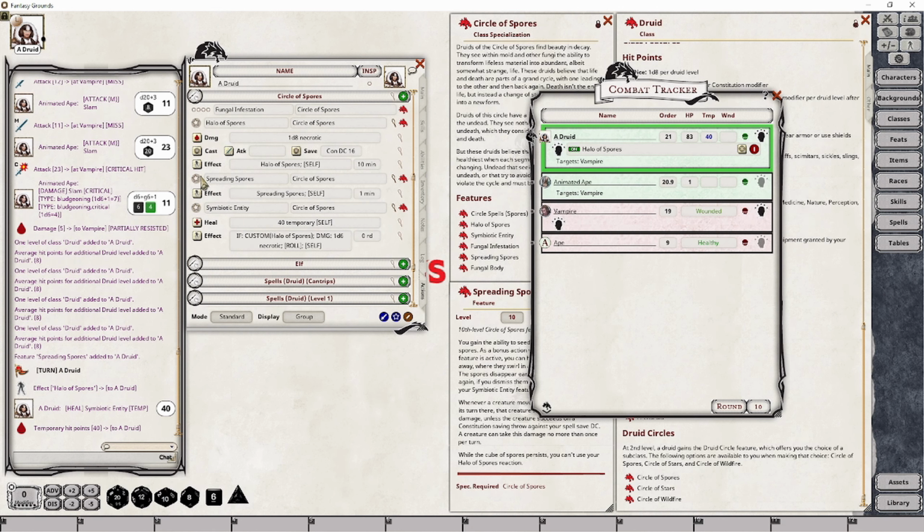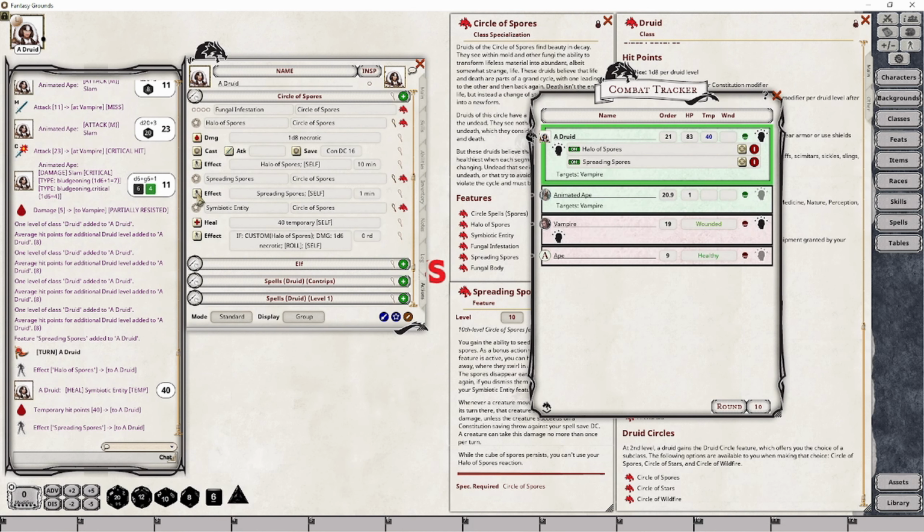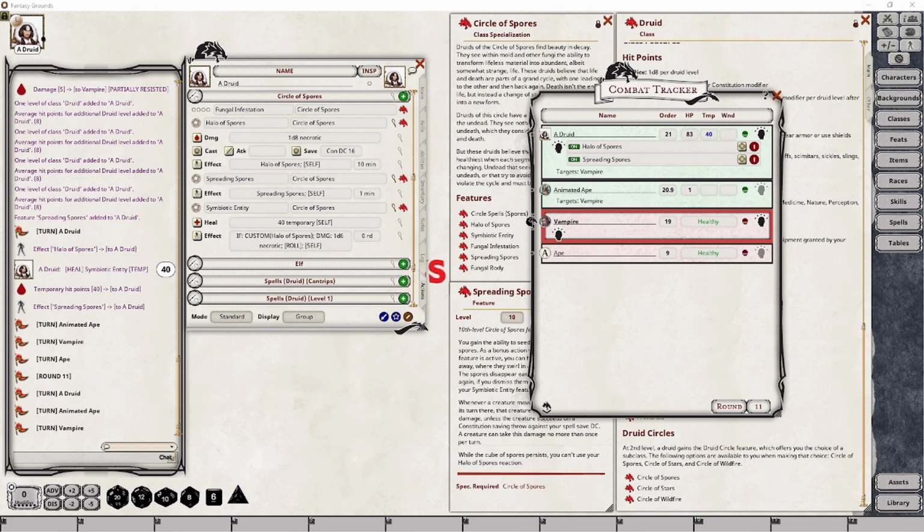I am now going to move my spores to a 10-foot cube, 20 feet away from my character. I'm now going to then apply this effect to my character. And here's what's going to happen. For the duration that this effect is in place, that cube is over in the area that's 20 feet away from my character. Halo of Spores doesn't stick there. Now, if I go through and I burn through 10 turns,